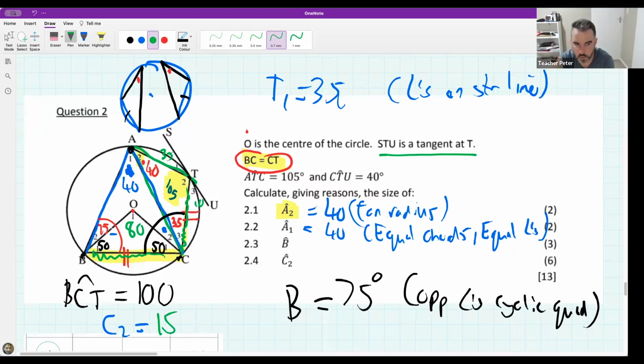Now, there was quite a bit of work. So just to show you what I did, I said 40, and that one over there is 80. I then said these two are 50. I then said that this one over here is 35. And then I said, well, together, these two are 180, so that must be 15. All right, everyone, that last one was a bit of a toughie, but I think